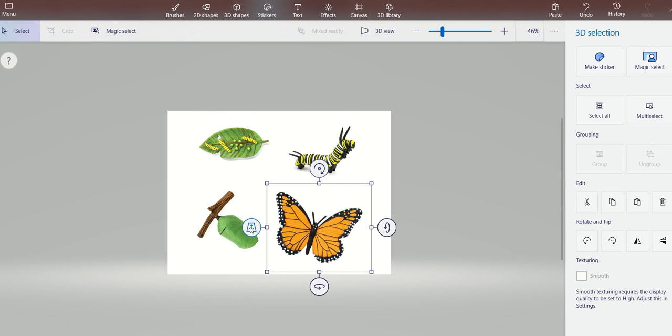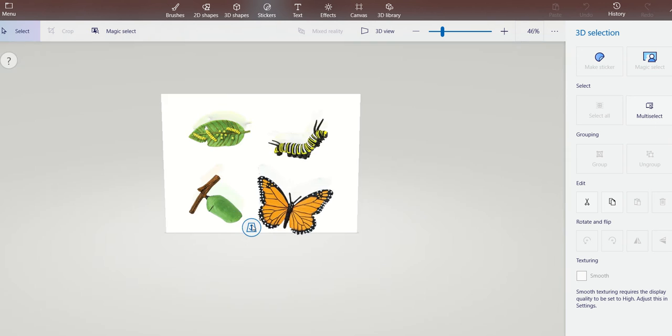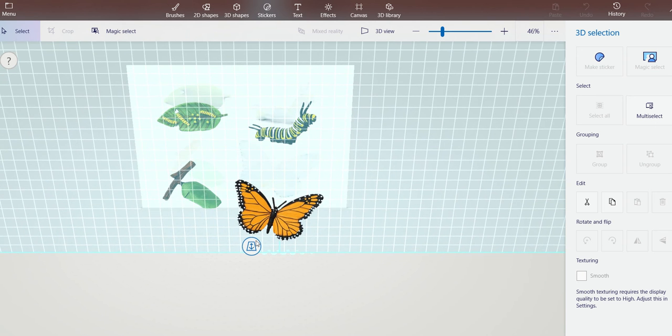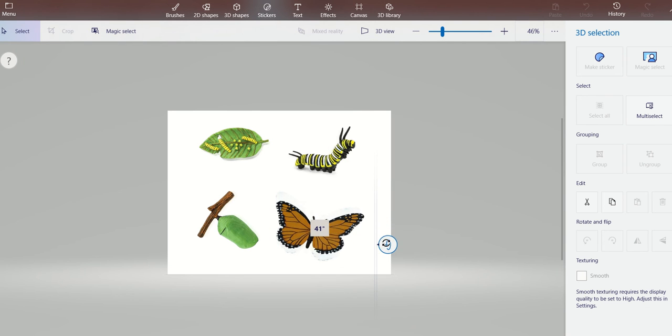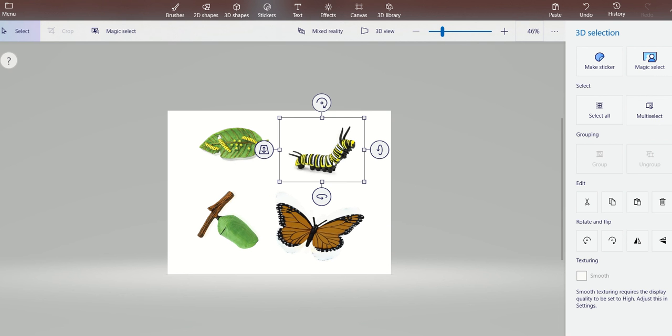Okay, so I will be pressing on this particular icon, right, and I need this image to be a little bit fixed. Let me just rotate it this way so it comes erect.